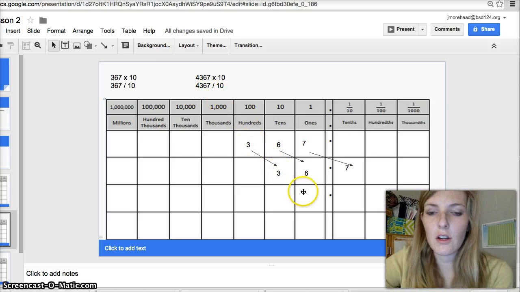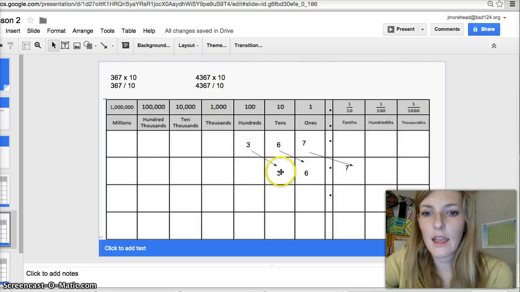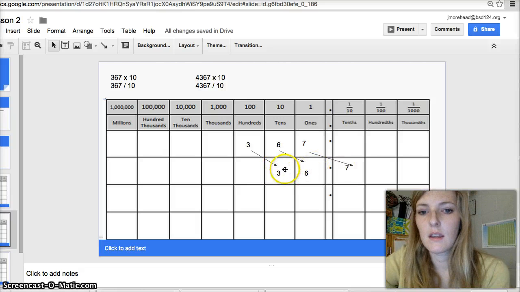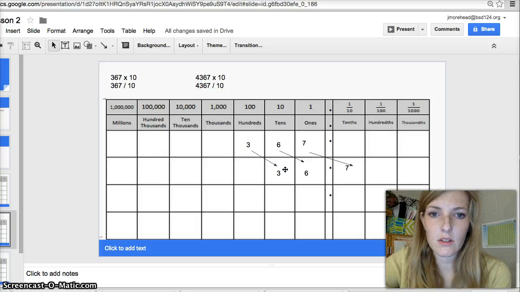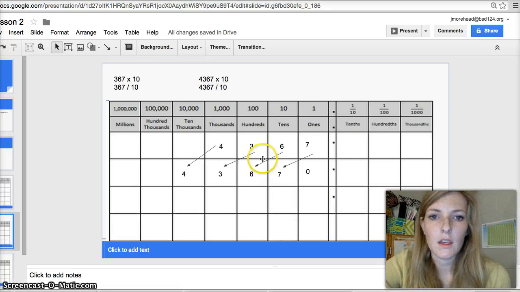And I want you to draw out on your place value chart the arrows and the new movements of the numbers. Please go ahead and pause the video while you work this out. Once you unpause it, I will give you the answers. Okay, here are your answers for